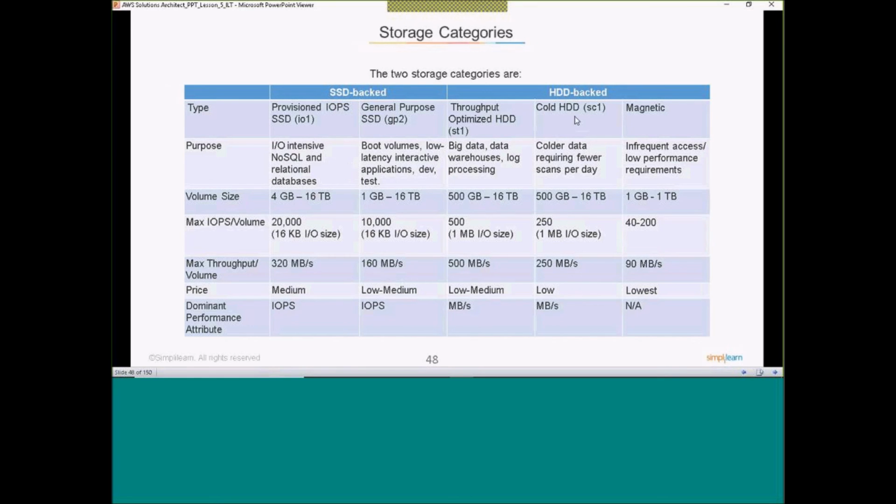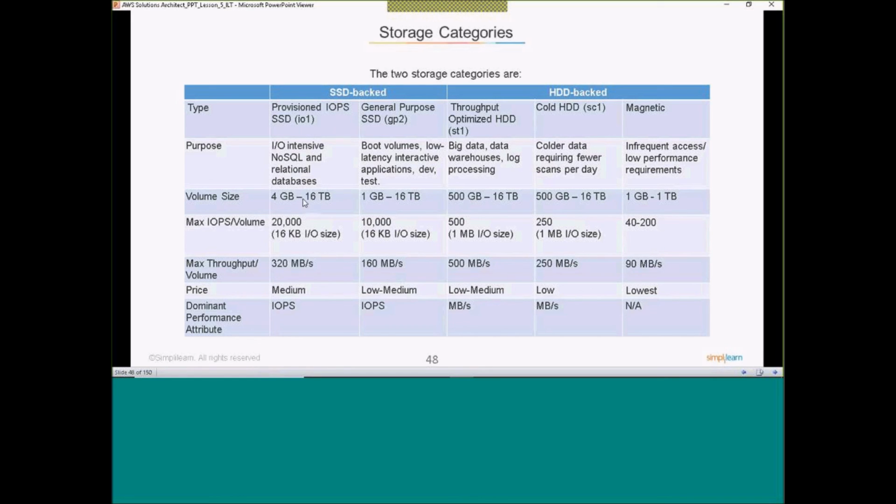Now, different types of EBS. If you remember, while I was attaching one more EBS to my instance, all these types were highlighted. A few types are there under SSD: provisioned IOPS and general purpose SSD. Under HDD we have throughput optimized, cold HDD, and magnetic. All of these differ in the number of IO operations and the size that the type supports.